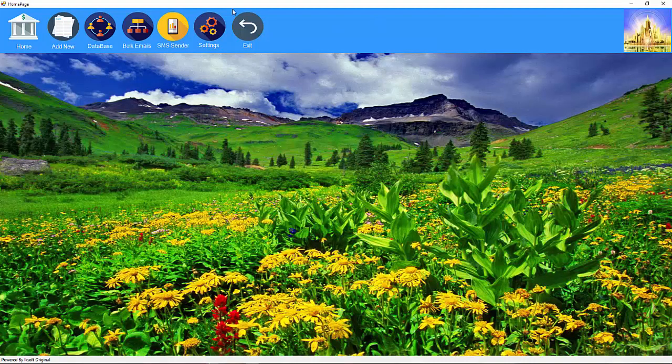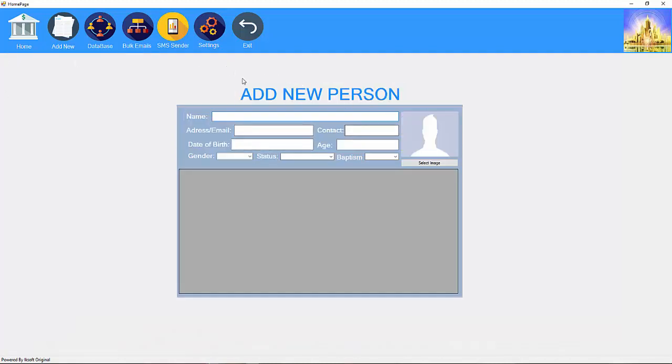Okay, so this is our home page. When we go to the settings, especially when we go to add new, we want the settings to change this white color to any color you want. And then we want this blue color to change to any color that you want. So what we're going to do is